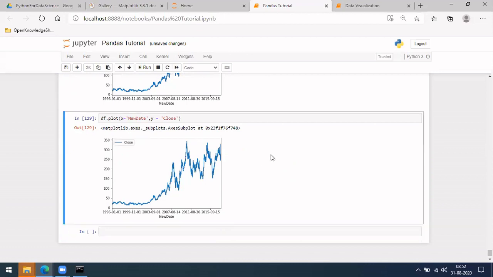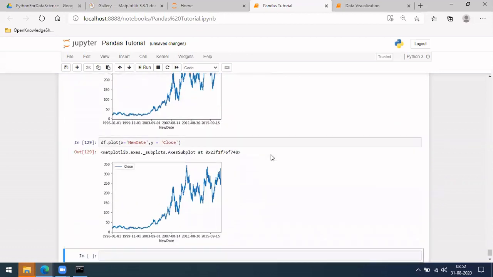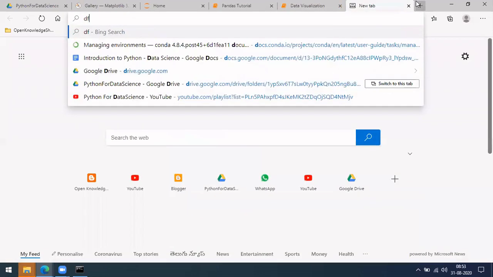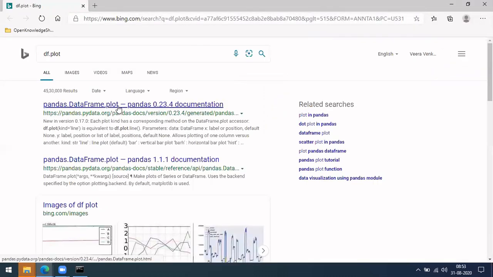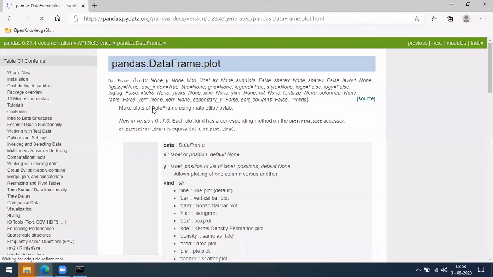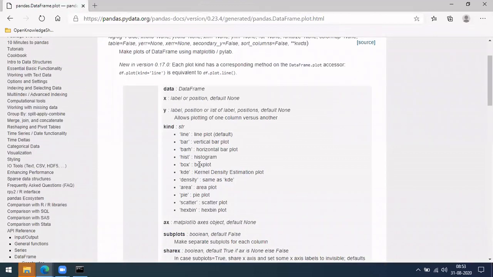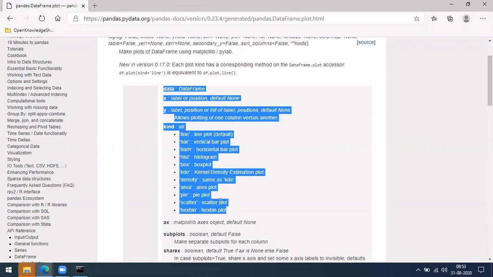Okay, this is more about plotting. So in the same plots, you can also do df.plot here. Let me see what kind of various plots you have. So it will open to this df.plot. This is what we use, X and Y. You have to specify the column names, so it will plot accordingly. And you can also specify what kind of plot you want. So here we tried line, right? Similarly, you have bar plot, histogram, box plot, something like this. These are pie plot, area plot. So all these are available.